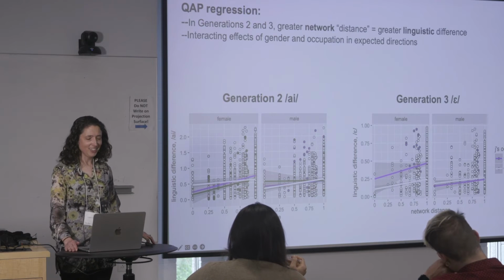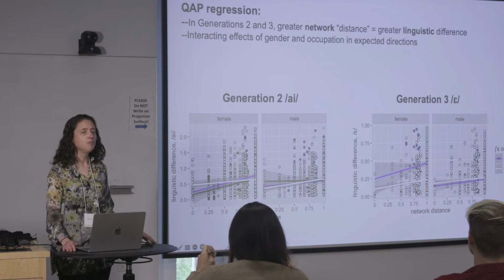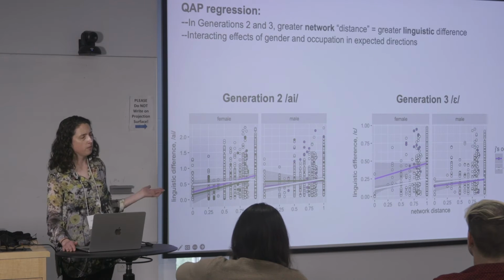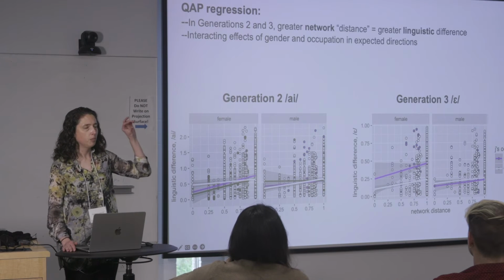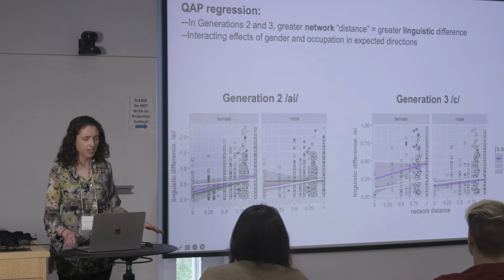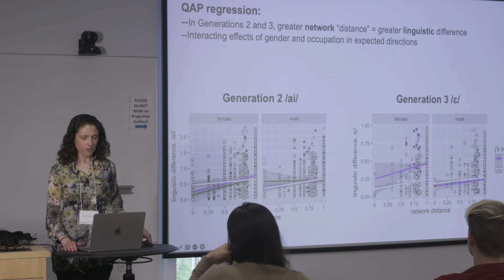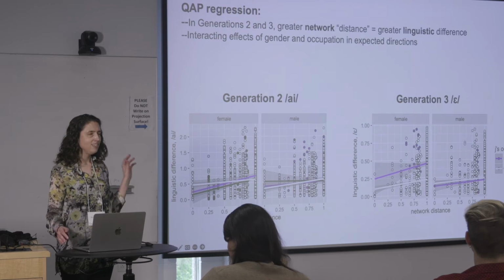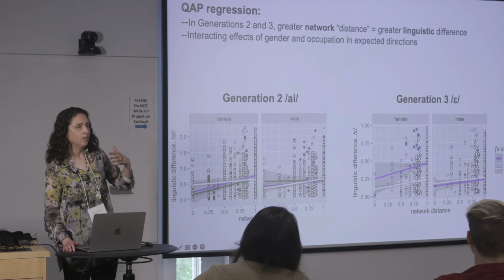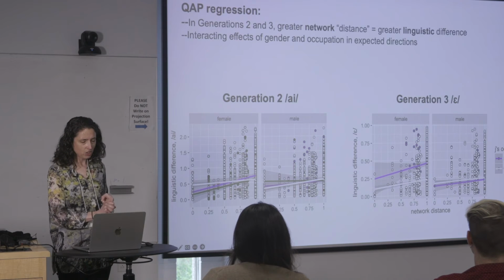So we did regression with that matrix of network differences, the matrix of Jaccard distances, as just one of the independent variables, right? And the dependent variable is a matrix of linguistic difference for every individual vowel in the vowel system that I showed on that other plot. And so the question is, does one influence the other? And what we find is in various ways, yes, but that's always in interaction with other things that we know matter for language, right? Like gender and age and occupation, okay?